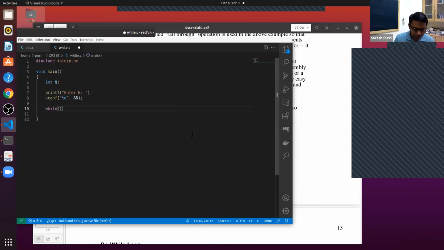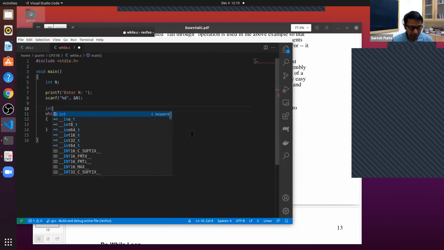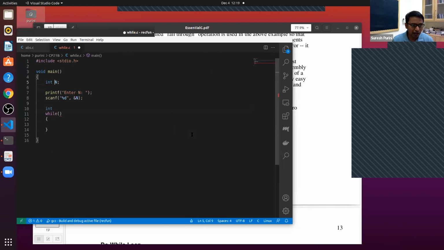So here is what we do. We use a variable, int i. This is the first time we are using a variable which is not holding input or output. It is holding a value which is required to carry out the execution of the program logic.